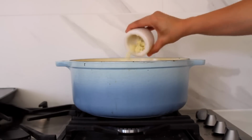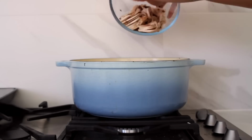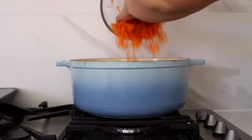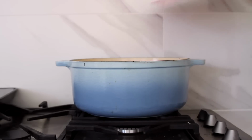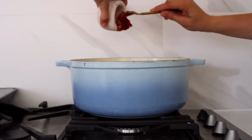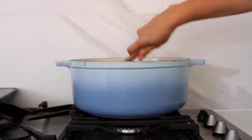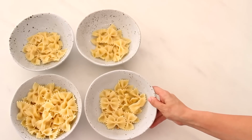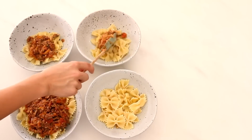oil, 3 cloves of finely chopped garlic, a pinch of salt, a diced onion, a handful of the sliced mushrooms, 2 grated carrots, 2 of the tomatoes diced, half a zucchini grated, a tablespoon of the tomato paste, and half or 500 grams of the mince. Once it's all cooked together and just adding that onto half a bag of the cooked bow tie pasta, that's